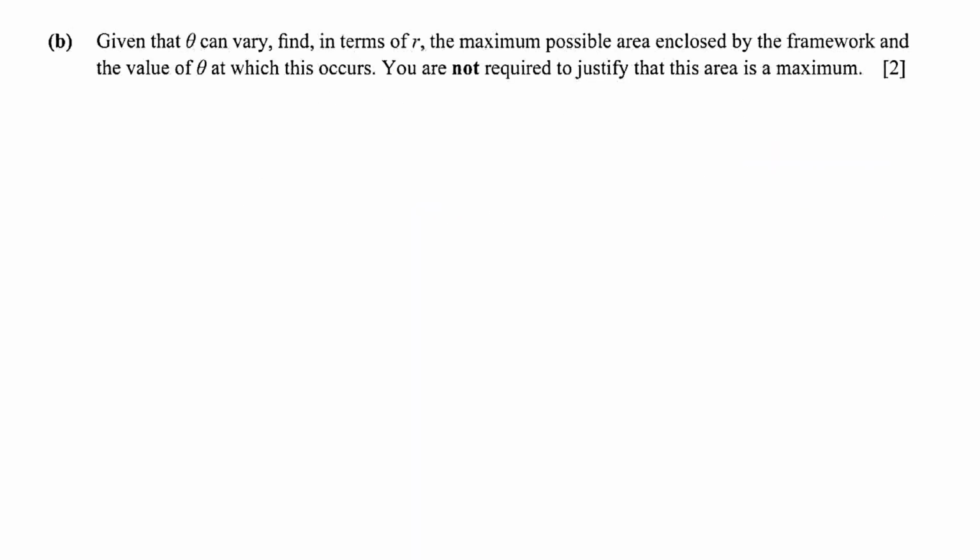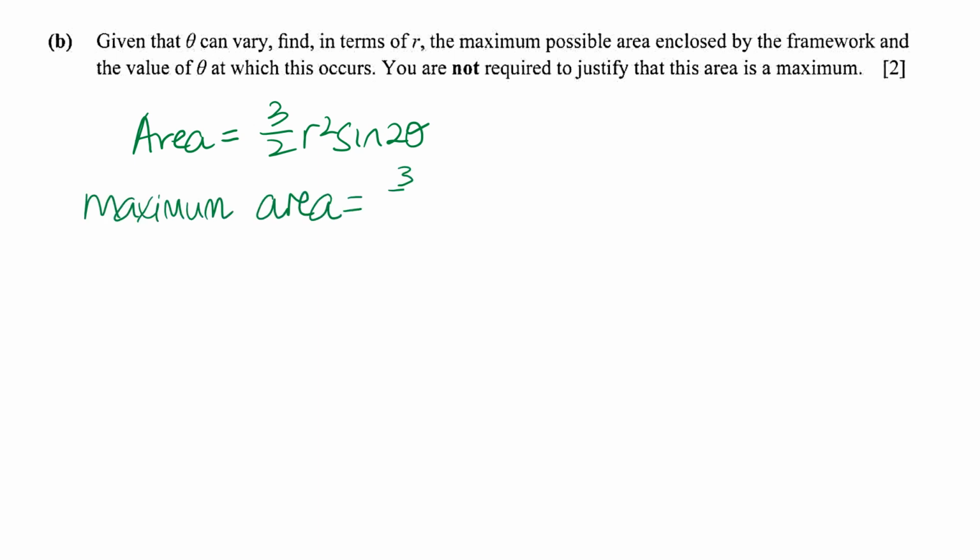Okay, and then you're asked to find the maximum possible area enclosed by the framework and the value of theta at which it occurs. So this will actually require your understanding of the sine curve, the maximum value for sine and the minimum value for sine of any angle. So the maximum value for sine 2 theta is 1. Therefore the maximum area is 3 over 2 r squared. And when sine 2 theta is equal to 1,